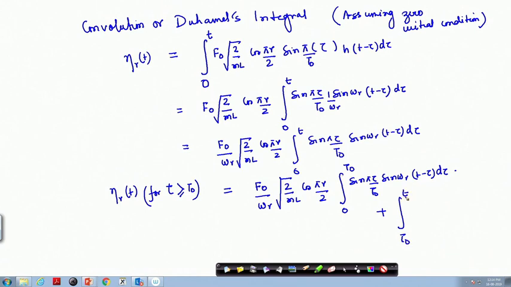Now, from t0 to t there is no externally applied force, so this whole thing is going to go to 0. So, therefore, we have the expression as